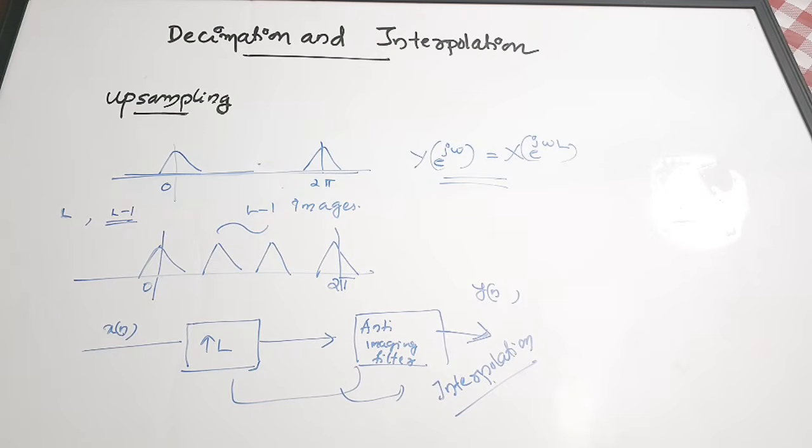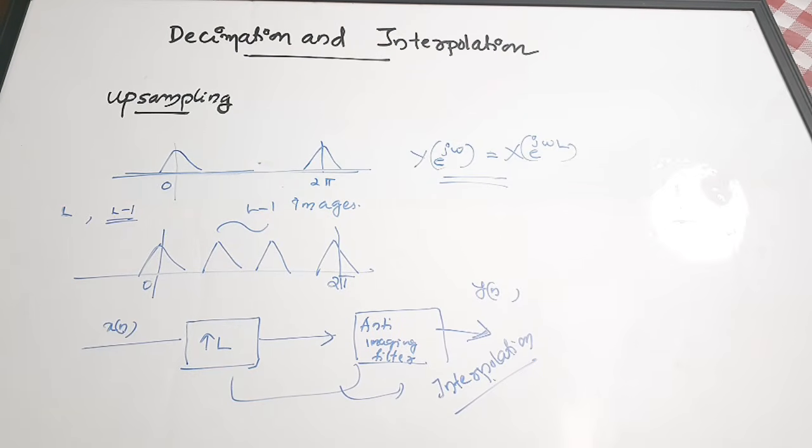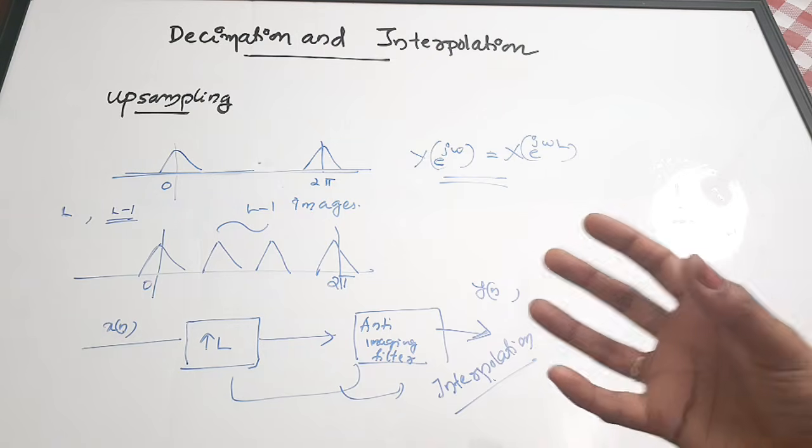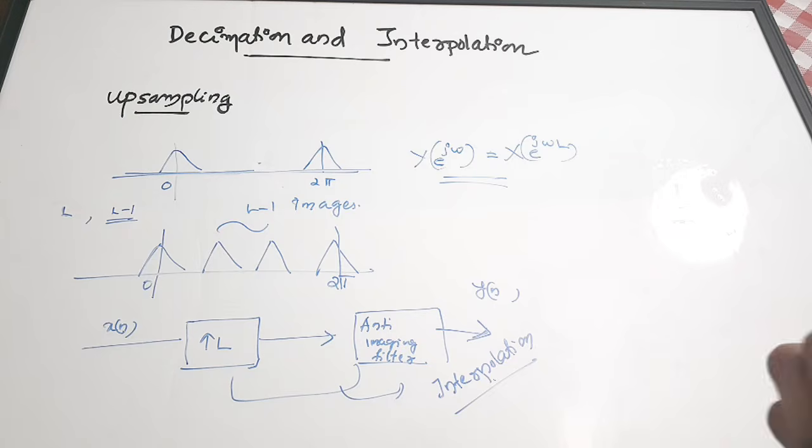As I said while explaining, either you will be asked some theory questions or you will be given some data sets. In that you have to perform upsampling or downsampling. For that purpose I have explained some examples while explaining upsampling and downsampling, how to take away the samples and how to insert the zeros, that is L minus 1 zeros. So you can brief it as: upsampling means we increase the number of samples, whereas in downsampling we reduce the number of samples or the sampling rate.